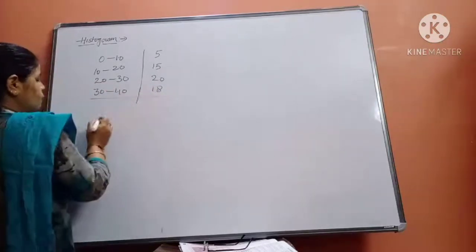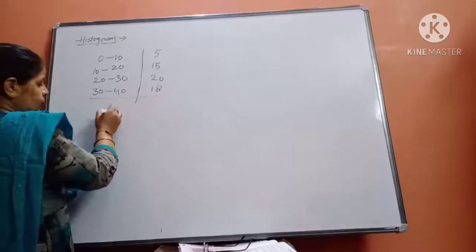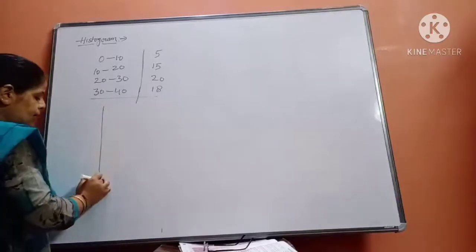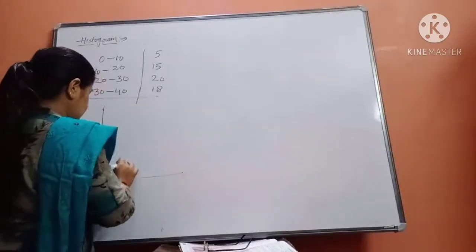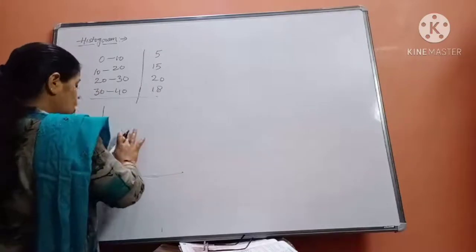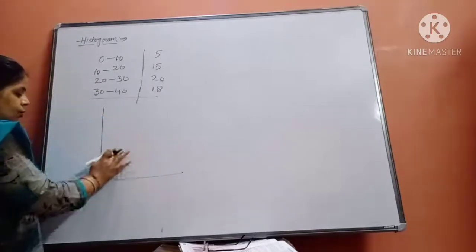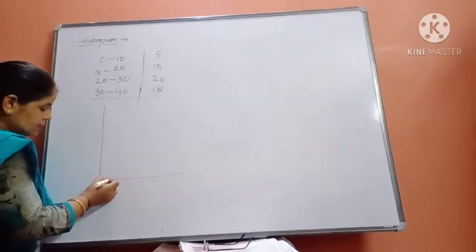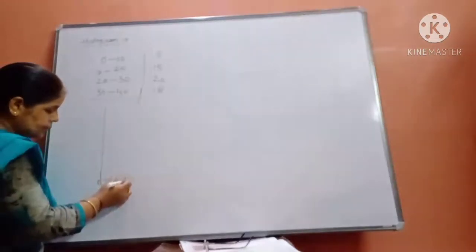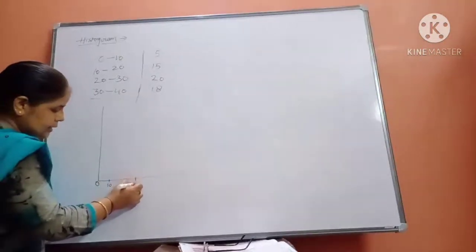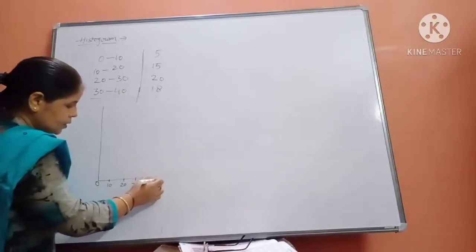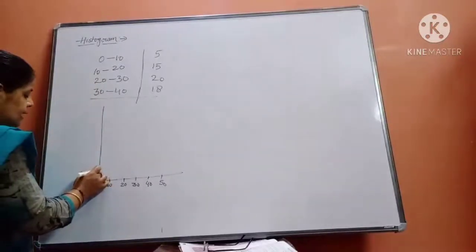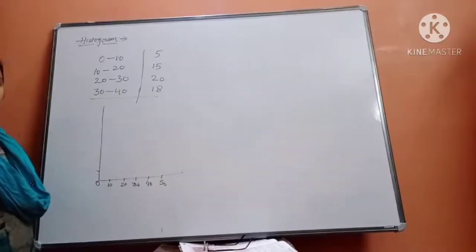In this way we can't do it directly. This kind of information cannot be drawn as a bar graph, because in a bar graph we denote only right-angle bars. So how can we do it? Beta, you just write 0, then the next number will be 10, then 20, 30, 40 and 50, taking equal distances. Here also you take the information and write it. The scale depends on your choice, whatever scale you select.